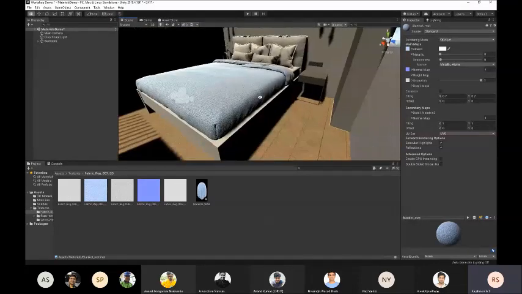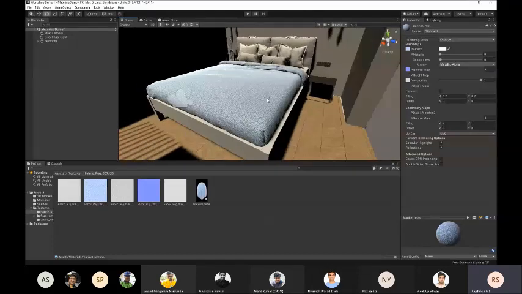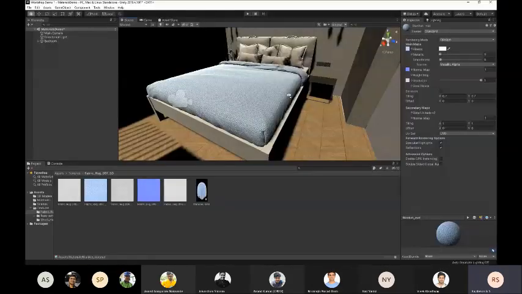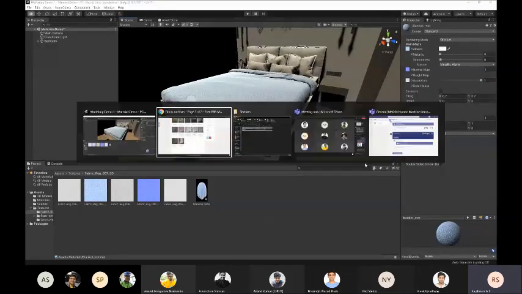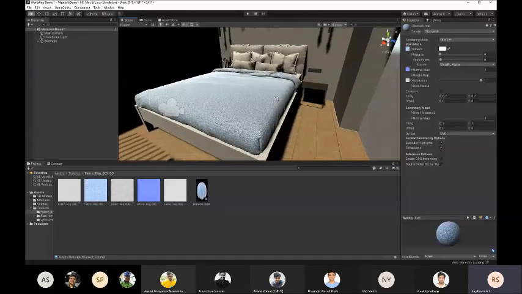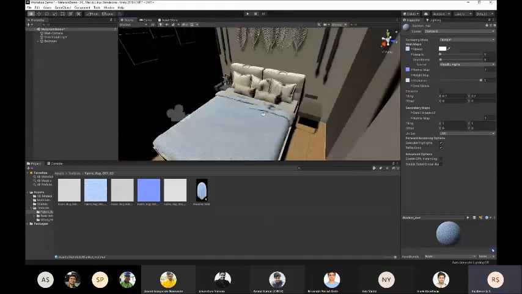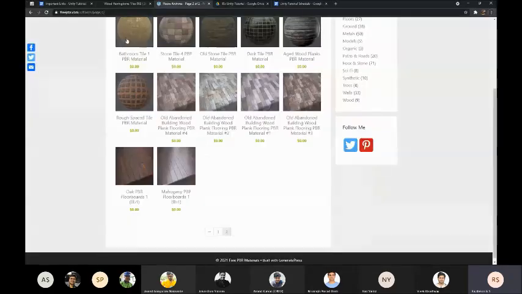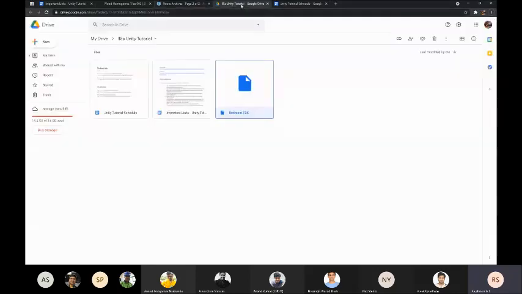I think it's almost close to 3:30, and so this is basically how you go about assigning textures and materials in Unity. I've included this bedroom model and everything in that link which I shared. You can download that model, check out free textures from free PBR, and design your own bedroom. So you can get creative. I'll end it here because it's 3:30. And if you have any doubts, I can clarify them now for you.